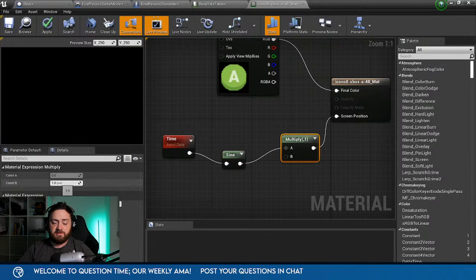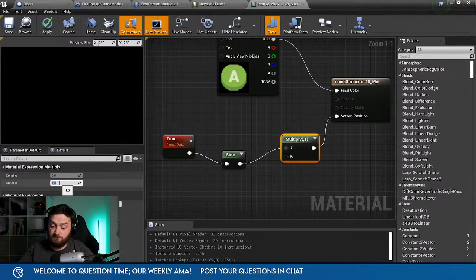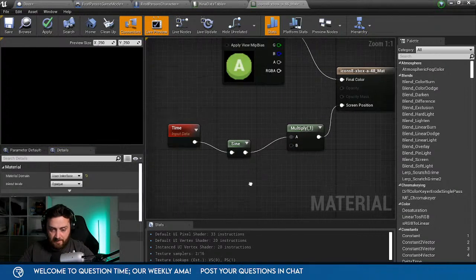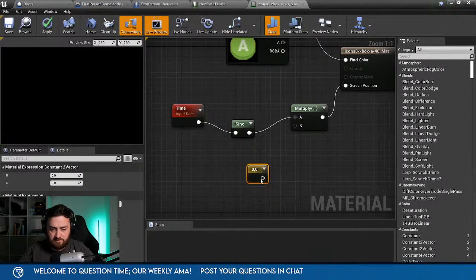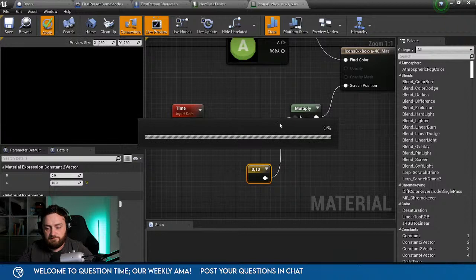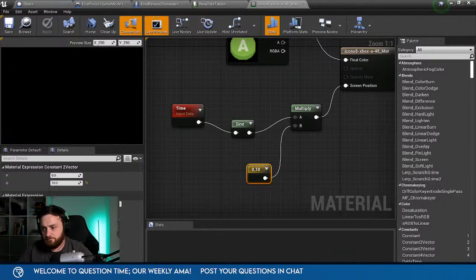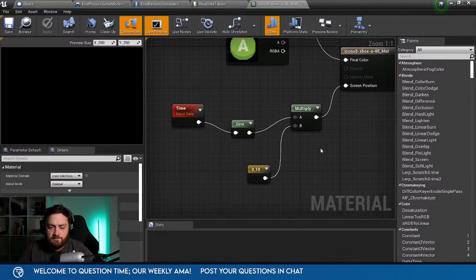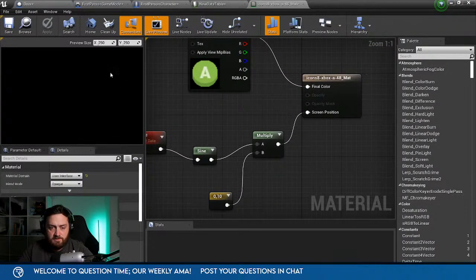Multiply this by, actually we'll do a 2 vector. Make it just go up and down. So that'd be this one. 10. I don't know. Preview.